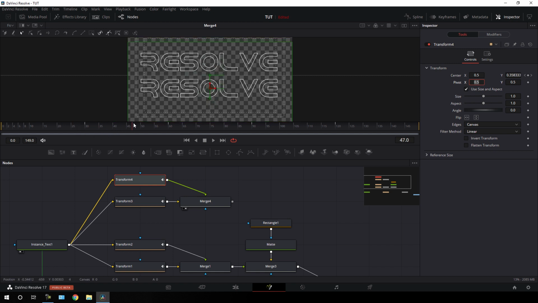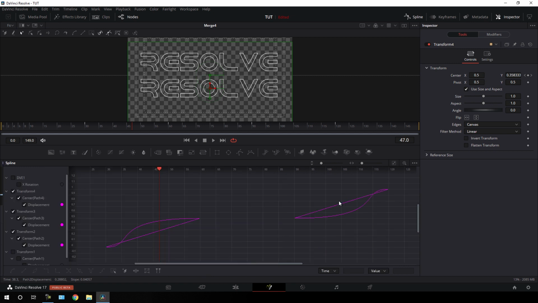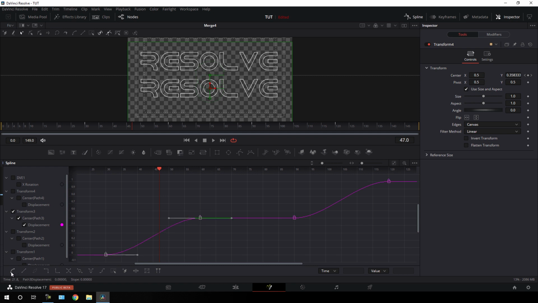And as you can see, this is the linear animation right now. So we have to make it smoother. Just go to spline window, hit F4 on the keyboard to full screen. This time uncheck this transform 2, transform 4, check this transform 3 only, click on fit button, highlight these 2 keyframes, hit S to smooth, highlight these 2 keyframes, hit S to smooth, or you can also click on this button,